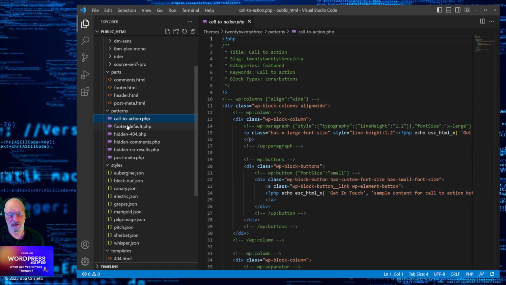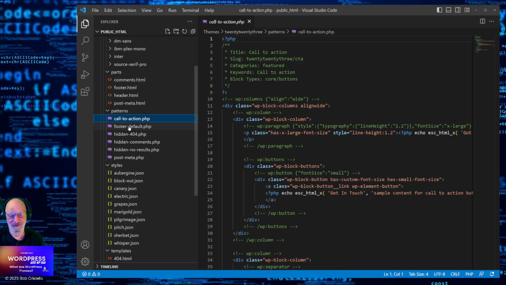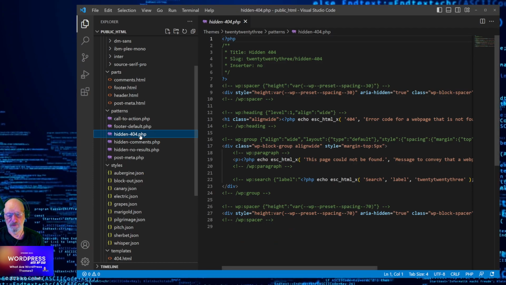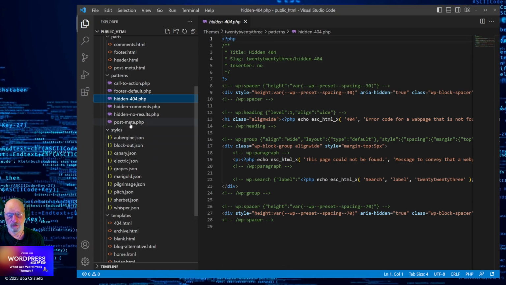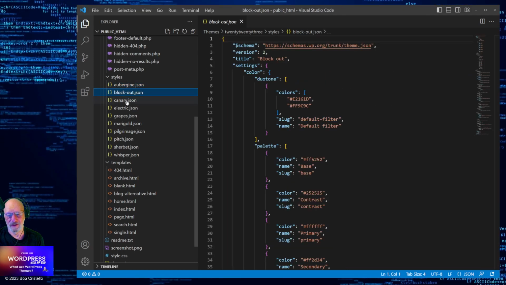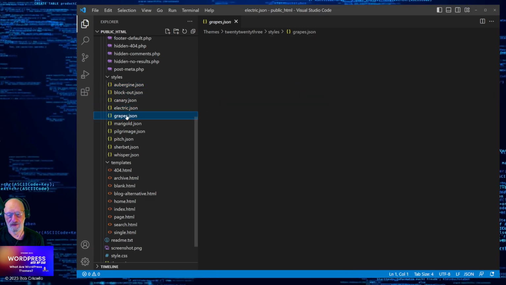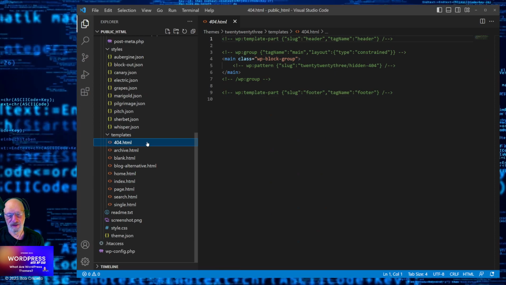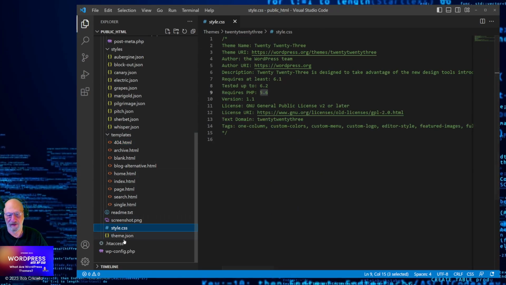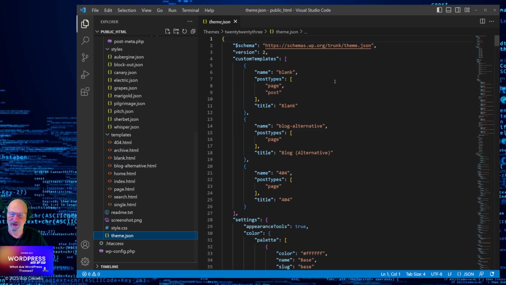There was just a thing in the news about it this morning. I'll have to check it out. But 404 pages, footers, post meta pages, styles. This was a big thing, like the introduction of JSON files. More HTML templates, and you've got one style.css down here and then a full theme JSON file.